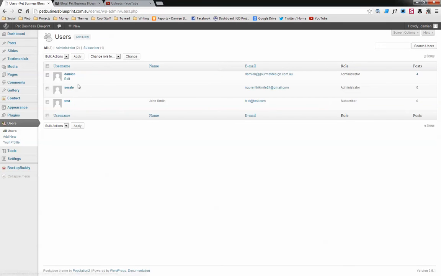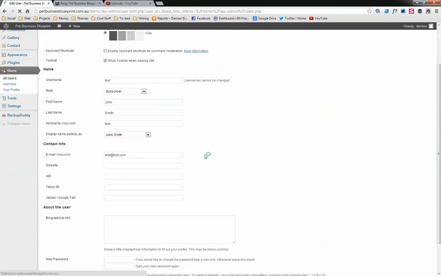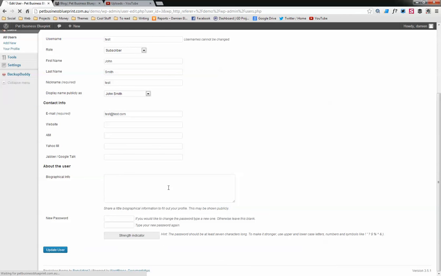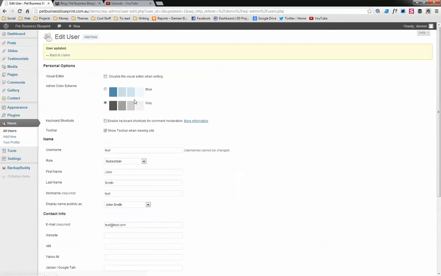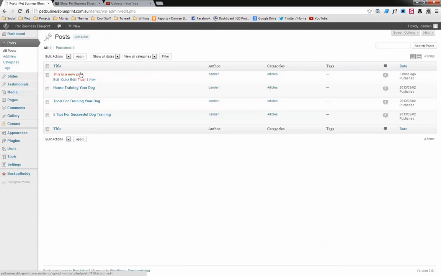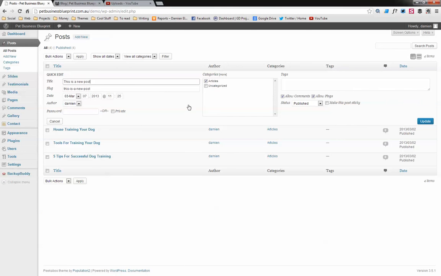If we go to users and we want to choose how we're going to show that person's name on the site, and it's already his display name publicly as John Smith, so you've got various options here. So if you want it to look like a normal name, obviously you probably have your name in there and put this under your user profile. Back to posts, quick edit, and then for author we choose